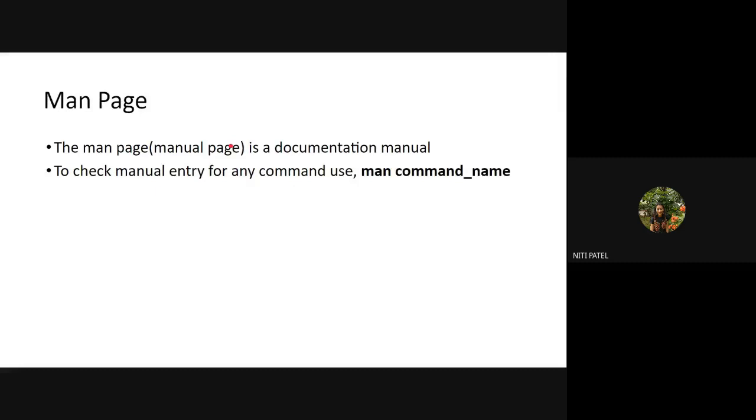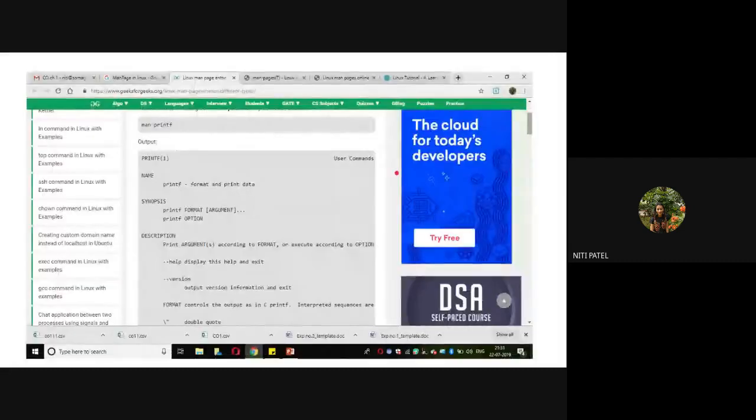So now what we have to do is, if at all I want to find information for any command, say the crontab command, then along with that crontab command, I have to make use of this man command also. So how do we write the command? It is man command name. That means I'll write man first, followed by whichever command I want to know about, I will write that particular name over here. Okay, so if I say man crontab, it will give me the information of crontab from this manual page.